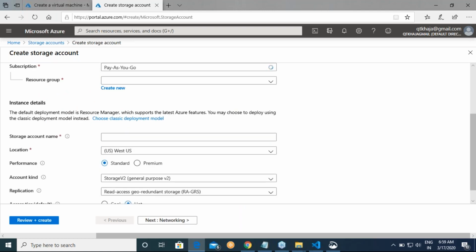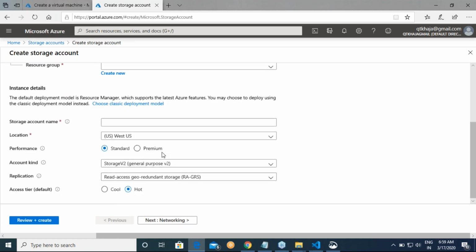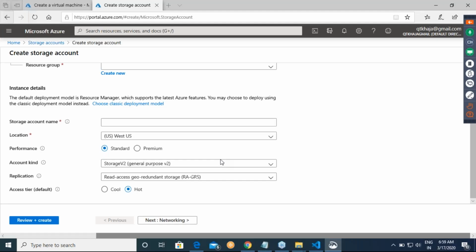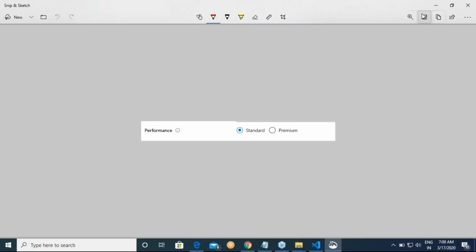Are you seeing this performance tier, which is standard or premium performance? This area.